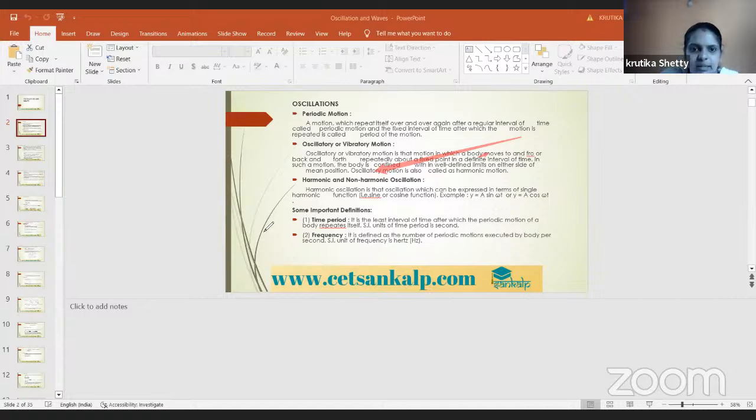Suppose you consider a simple pendulum. If it is moving in this way, this kind of motion is called what? To and fro motion or back and forth motion. Such kind of motion is called what? Oscillatory or vibratory motion. In such a motion, the motion is confined within well defined limits on either side of the mean